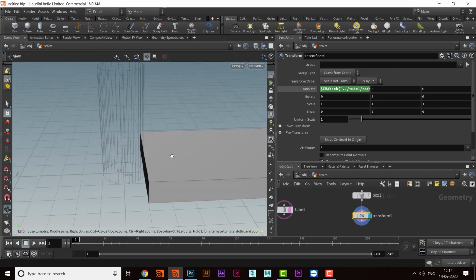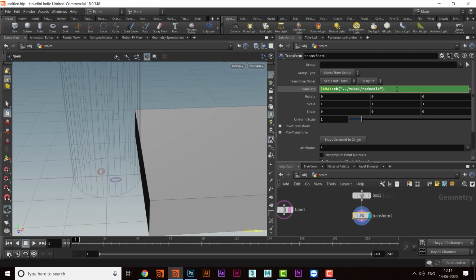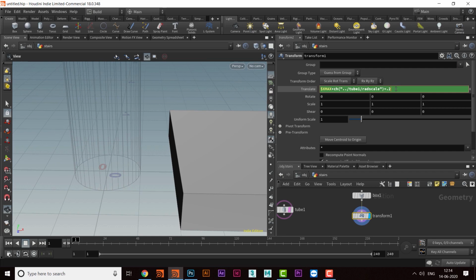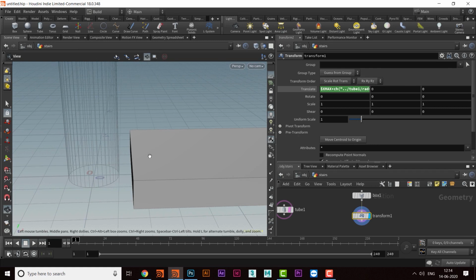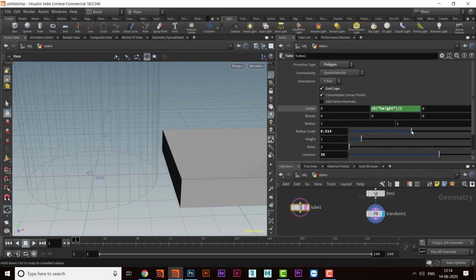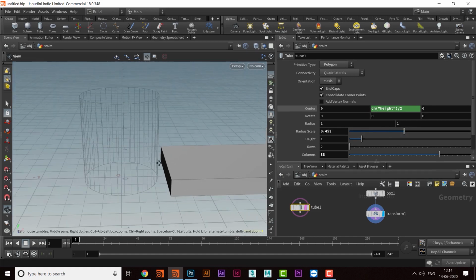So I will try to take a gap between these two values, and what I will do, I will come here and add some more value here, that is 0.2. Okay, so I will keep this distance, or 0.1. So whatever be the radius of the pole, this staircase will be at this gap from this one. So if I change the radius of the tube from here, that will also keep that gap, and it will be just like that.